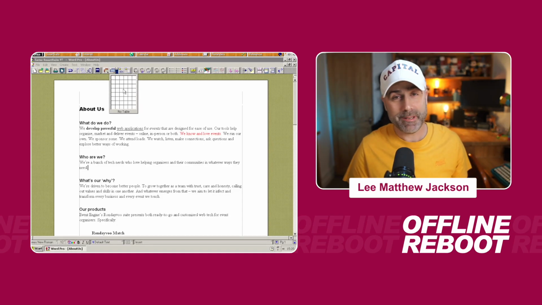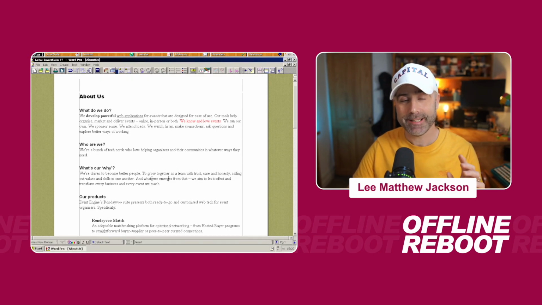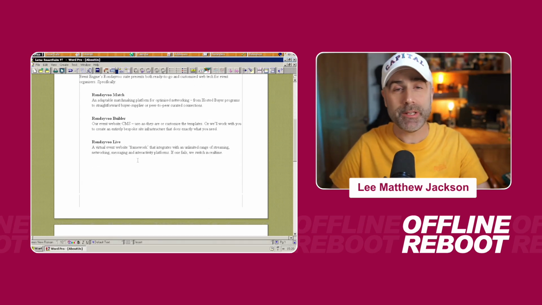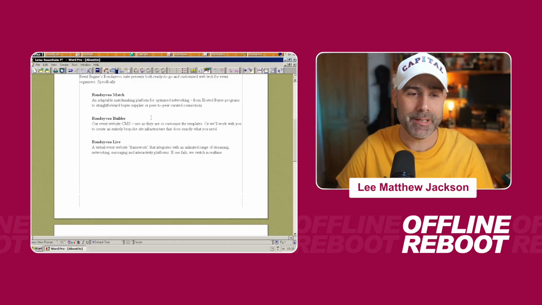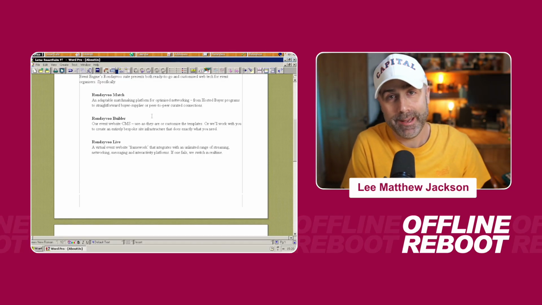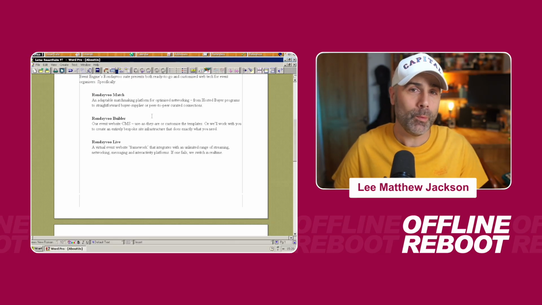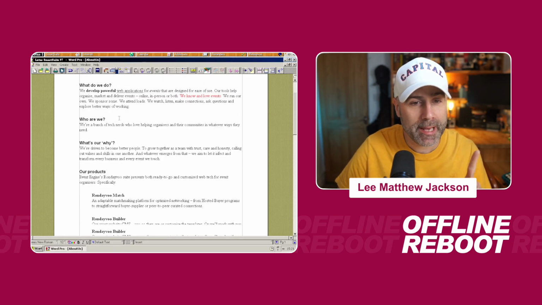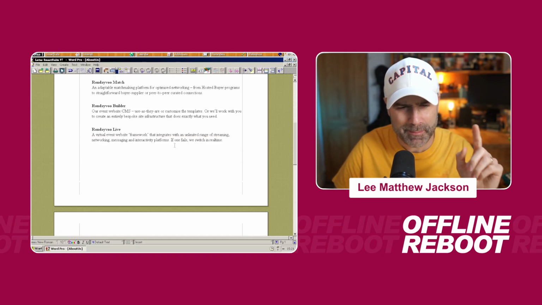We can also insert images and much more, but just for the sake of this demonstration, this is a living, breathing, working document that we are actually working on, and I want to show you that we can use Word Pro all the way from 1996, 97 to be able to compose in a distraction-free way a perfectly good document that looks great, that can then work on any modern machine. So what we're going to do is we are going to export this information,